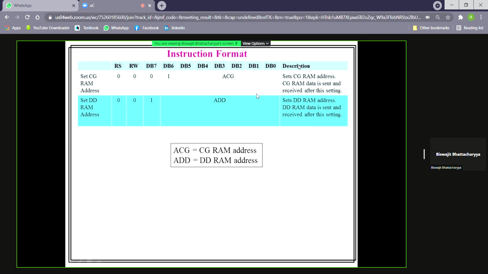That starting address will be given here, where our display will start. If we don't write DB7 equal to 1, then by default it will start from address 0, or location 0 on the screen.